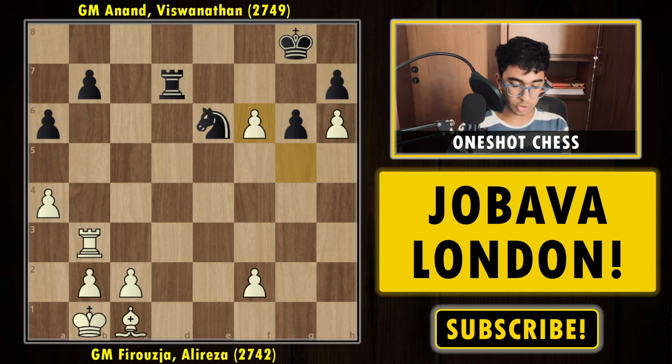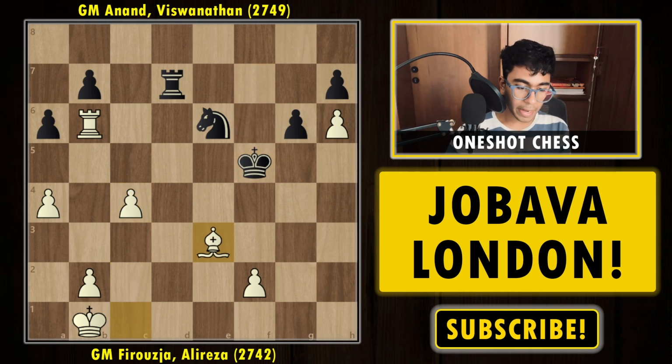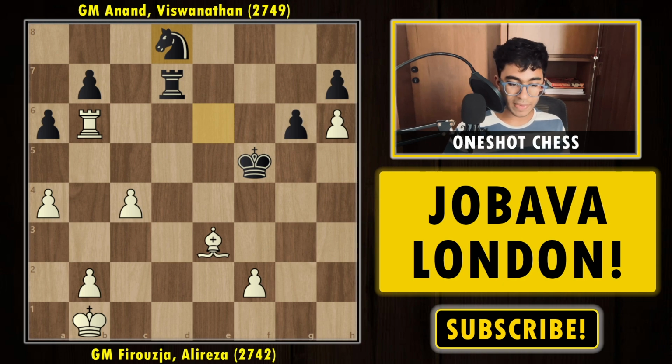But allowing takes, and this allows Anand to activate his king, which he does. And now after bishop e3, we have g5. Here, Anand should have played knight e8, protecting the pawn and trying to make a fortress. And now Vishy Anand can actually activate his rook. But instead he played